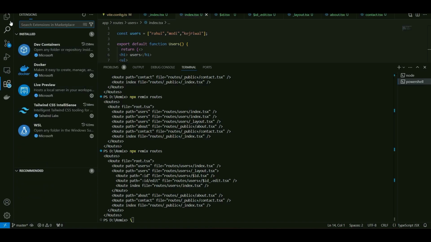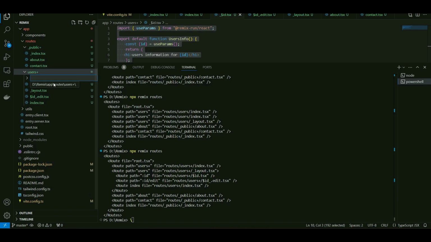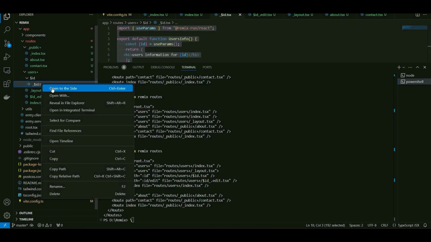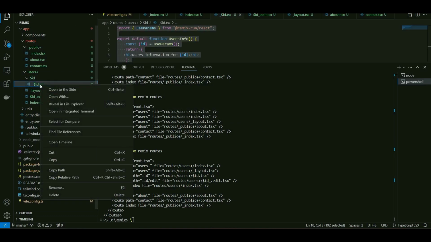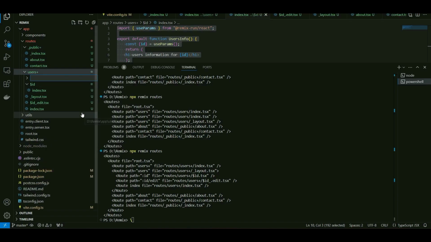Okay, and we do have the name already. That's why it's complaining. Maybe let's name it like this. New folder. Let's go id dot. Let's create simple id. Move this, and this is a route name, and in this folder, if you want to treat it as a default route, then you should name it as index. It's fine. You can create another folder, maybe for edit